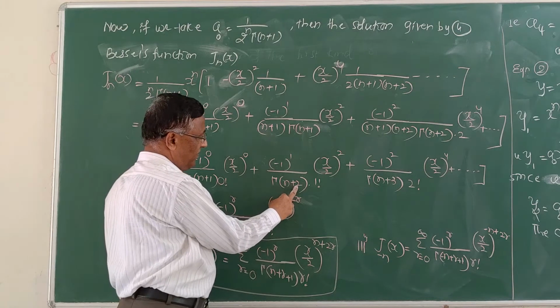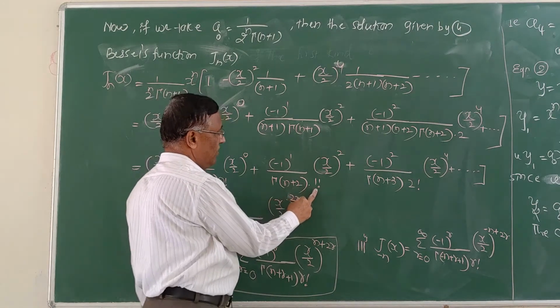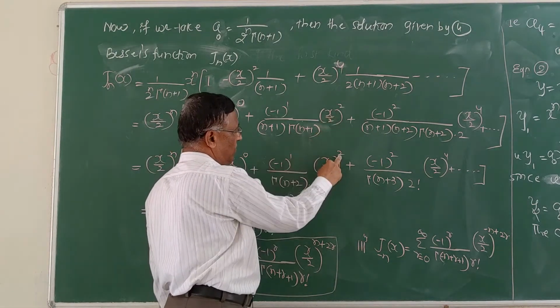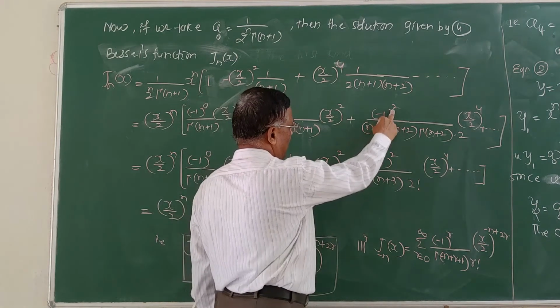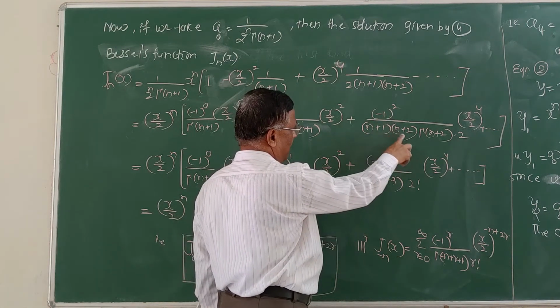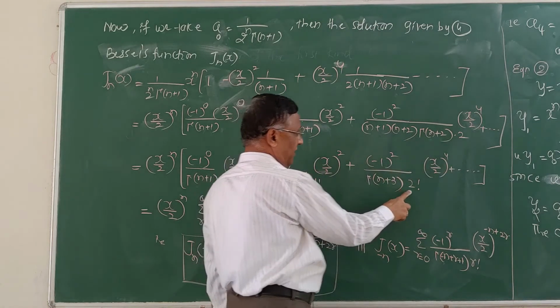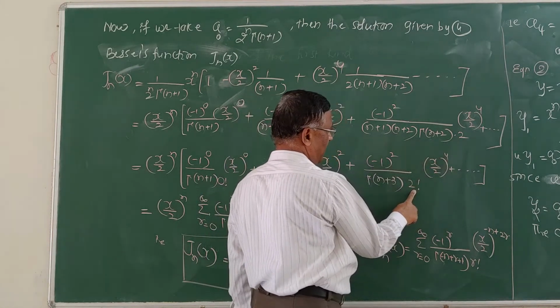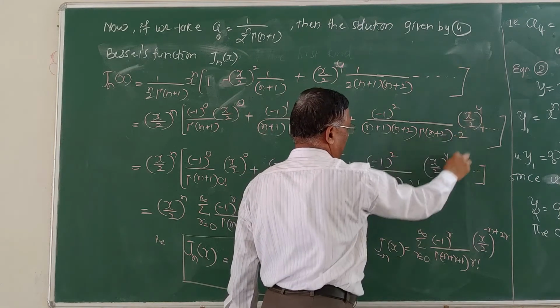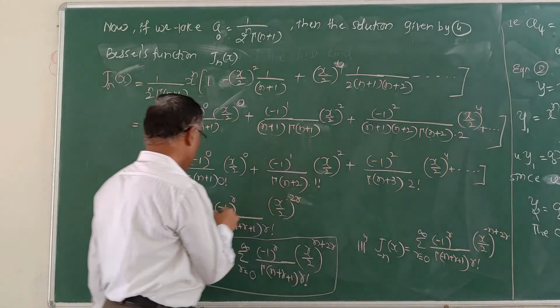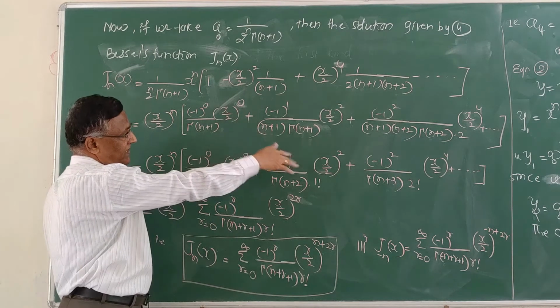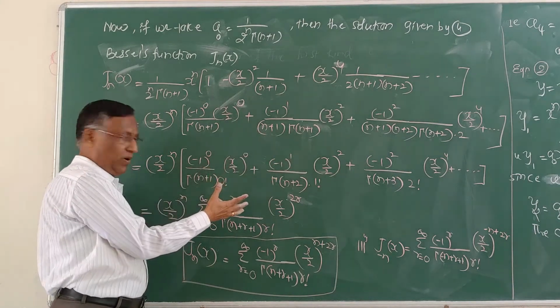This is by the recurrence formula of the gamma function, into 1 factorial into x by 2 raised to 2, plus minus 1 raised to 2 divided by n plus 1 into n plus 2 into gamma n plus 2, which is nothing but gamma n plus 3, into 2 can be written as 2 factorial into bracket x by 2 raised to 4, plus so on. That means we are rewriting all the terms in the series in some standard form,